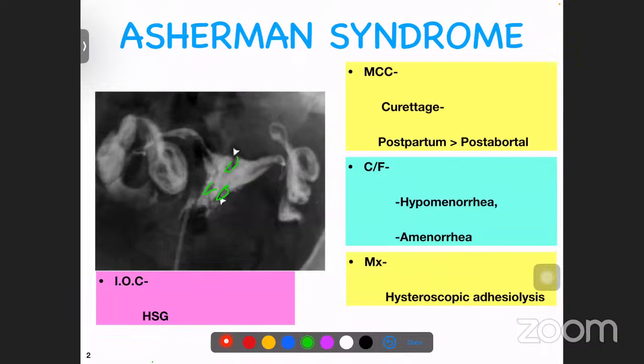This Asherman syndrome is a very famous topic, and often they ask this HSG image where you see the irregular filling defects, as it is seen here. Where do you see regular filling defects? Suppose you see a defect which is perfectly regular and round in the uterus, that can